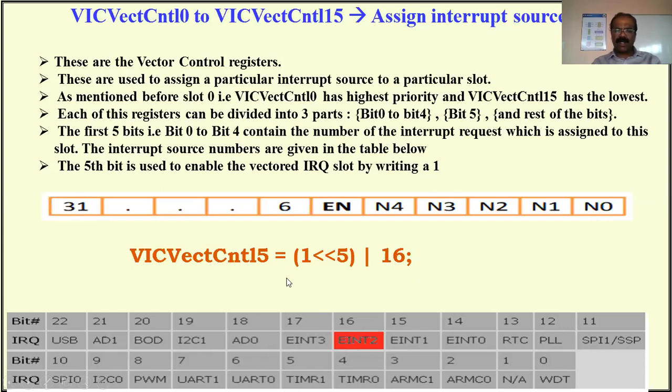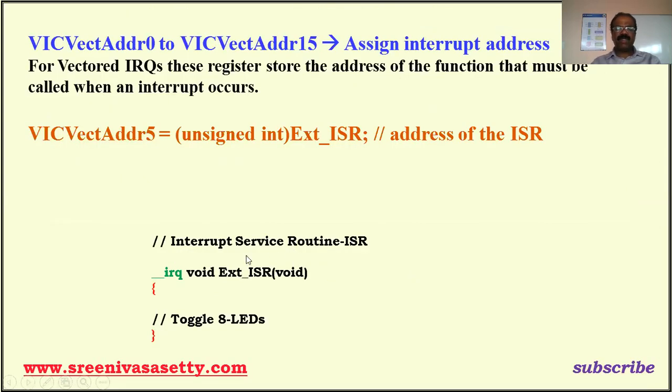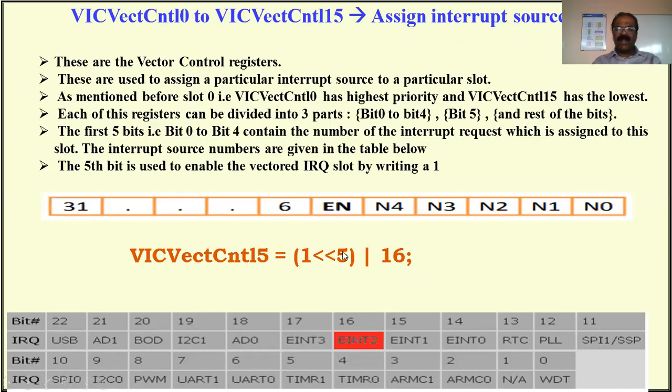Understood this? It is another very important thing. First we have to get the starting address of the ISR. How to get the starting address of the ISR? That's the way. Then, the request comes from which interrupt source? The request is from external interrupt 2. That is the purpose of using these 5 bits. Correct? 5 bits. 4 bits is not sufficient.